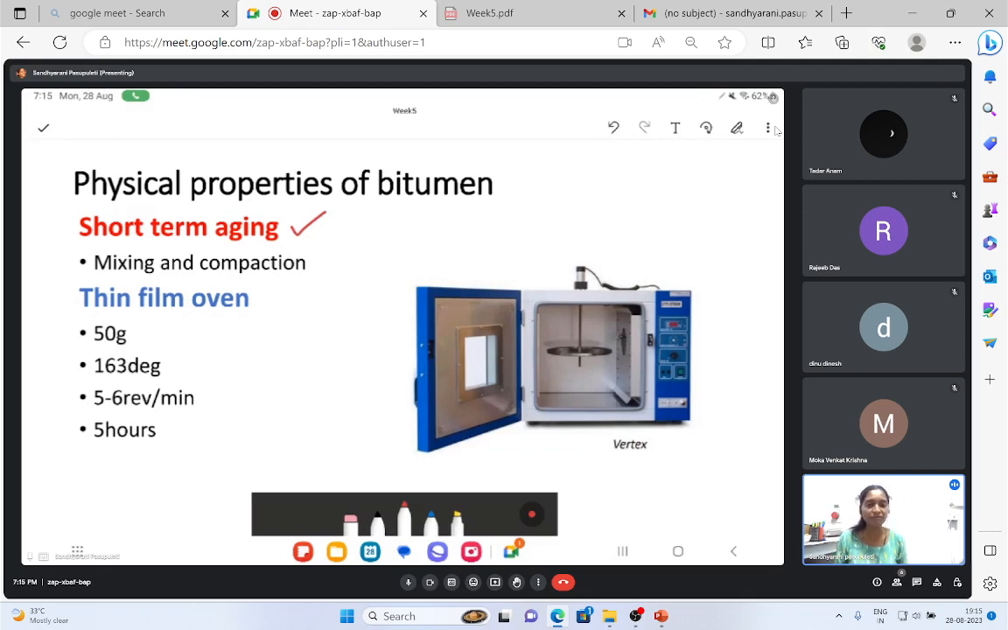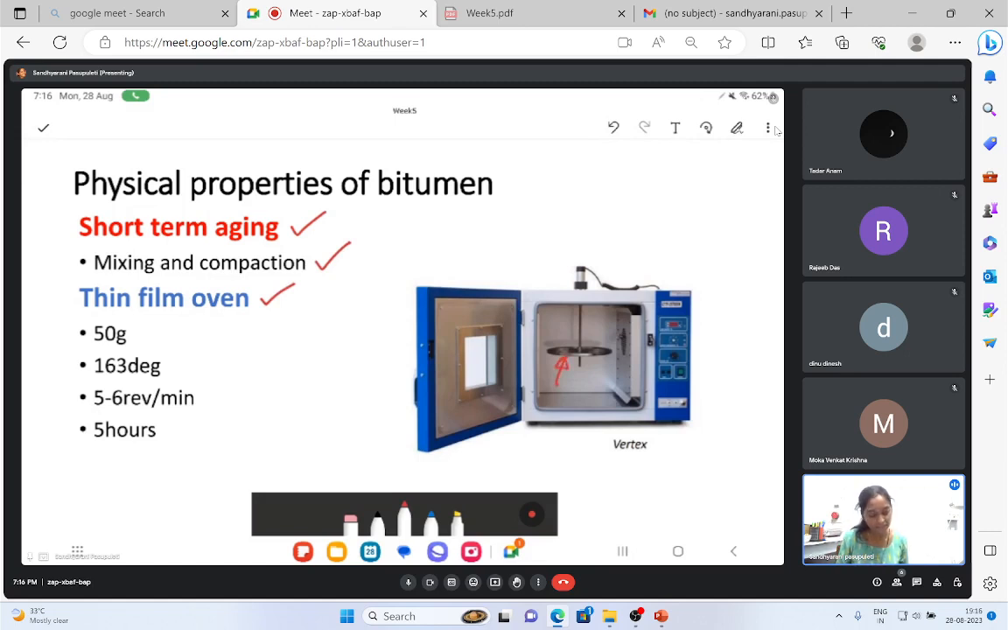That is the reason why we named it short term aging. Aging has been done in a short term. So this happens during the mixing and compaction stages. So how do we simulate this? There is something called the thin film oven, one of the equipment,